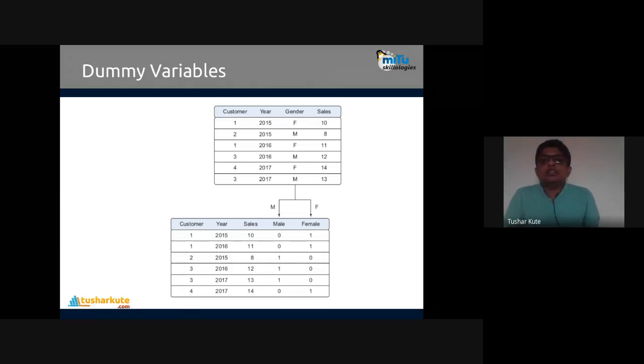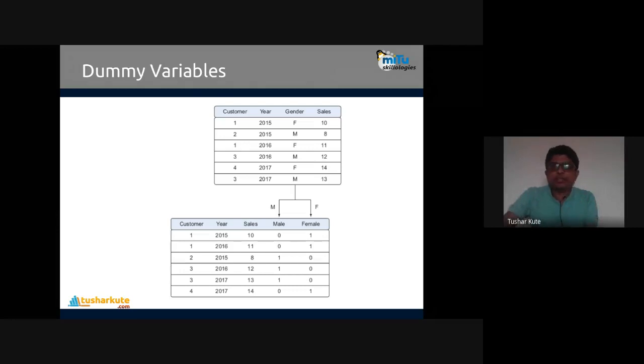See, the thing I'll explain first. Data modeling algorithms don't require information in string format. They will work on the numerical format. So what we have to do is encode the string information, the categorical kind of information, into number format. In that case we require encoding, and that's called a dummy variable.